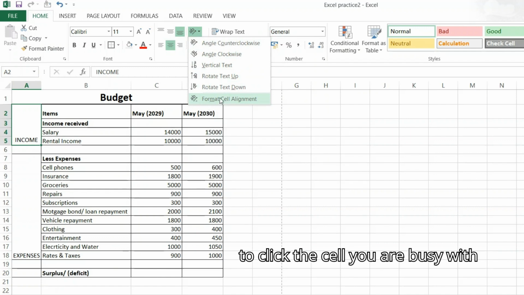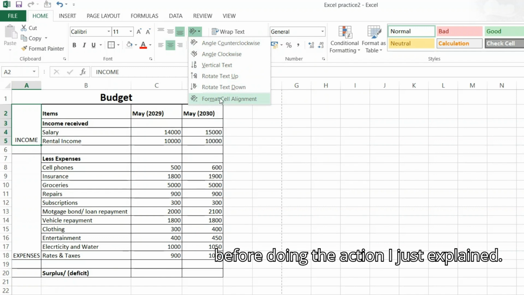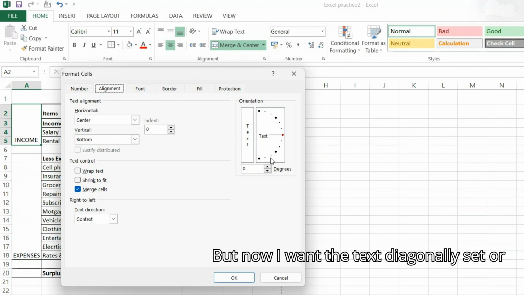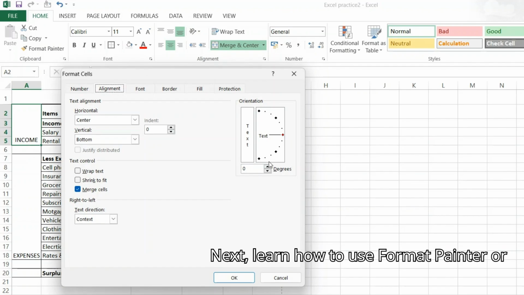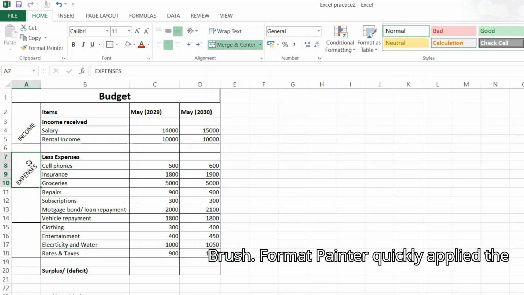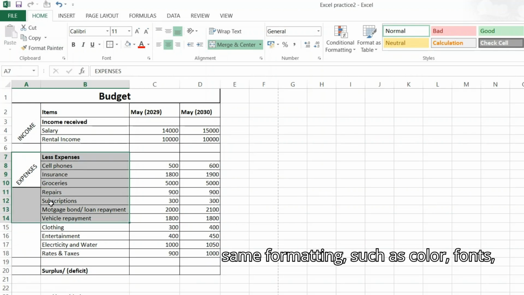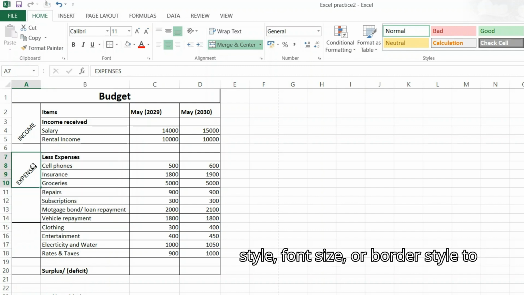Don't forget to click the cell you are busy with before doing the action I just explained. But now the text is diagonally set, or whatever direction you desire. Next, learn how to use Format Painter or Brush. Format Painter quickly applies the same formatting, such as color, fonts, style, font size, or border style to multiple pieces